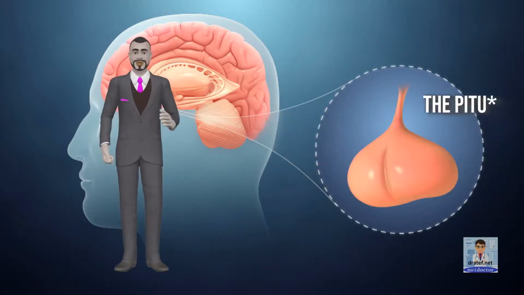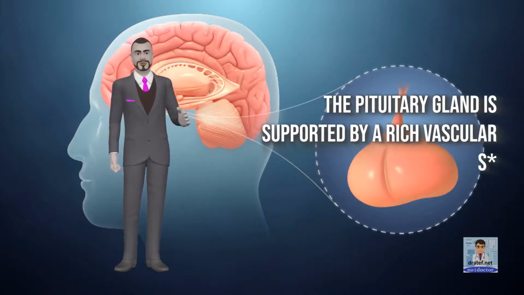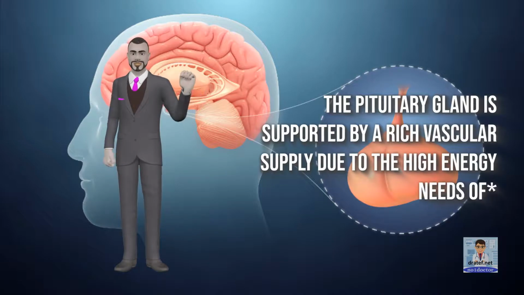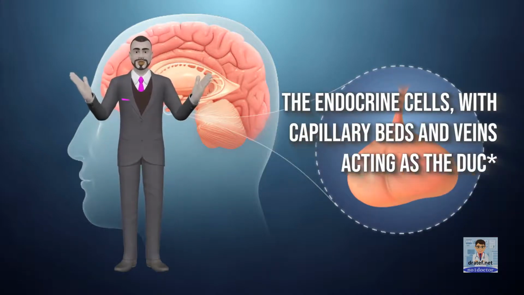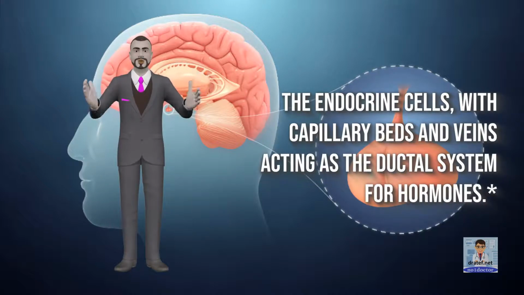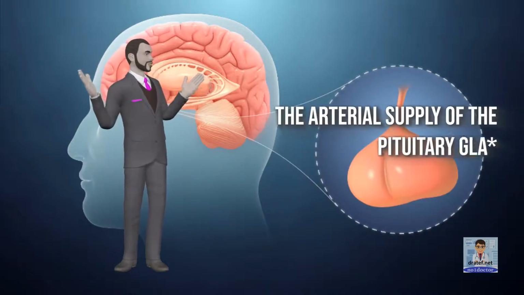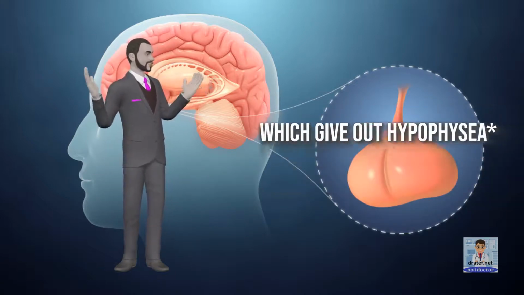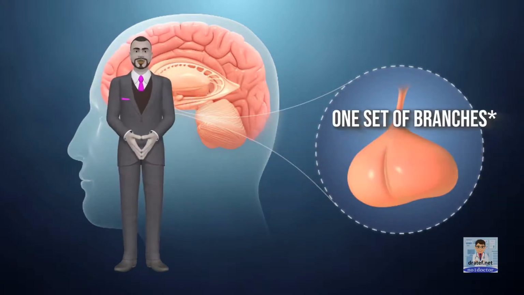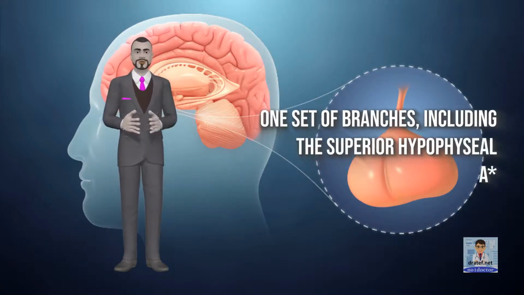Vasculature. The pituitary gland is supported by a rich vascular supply due to the high energy needs of the endocrine cells, with capillary beds and veins acting as the ductal system for hormones. The arterial supply of the pituitary gland originates from the internal carotids, which give out hypophyseal branches. One set of branches, including the superior hypophyseal artery,